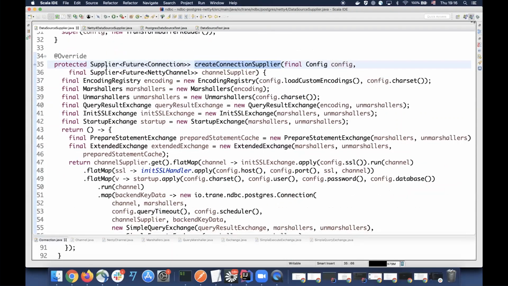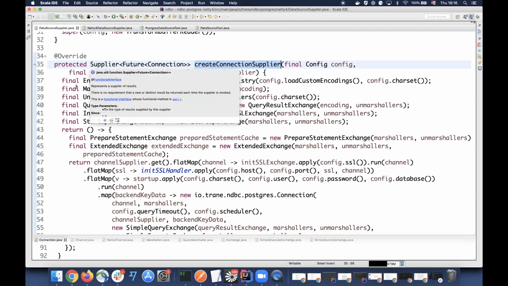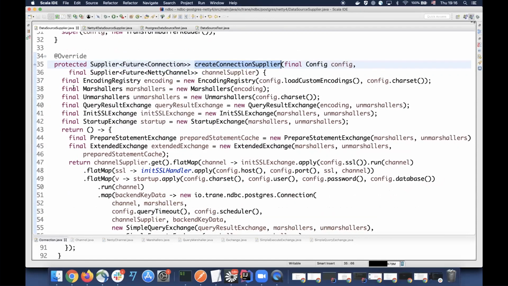We have many objects that are related to marshallers, and unmarshallers are the guys that try to interpret the results and the messages you are sending to the database. We have many abstractions. When you are reading the code from the previous drivers, it is very procedural, and it's difficult to make sense out of it. The idea here was, okay, let's abstract the messages. Let's make it a lot more composable.